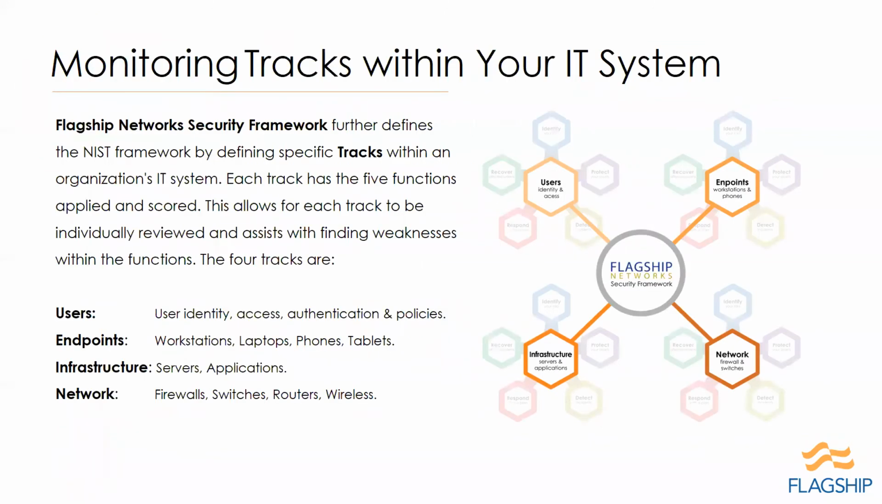So what we do with this NIST framework is we further define it into specific tracks within an organization: users, endpoints, infrastructure, and network. Each track, we then apply the 5 functions and score each one. What this does is this allows us to individually track and review each item and assist with finding weaknesses within the functions. So the 4 tracks are users, which can be anything from user identity, user access, authentication, or even